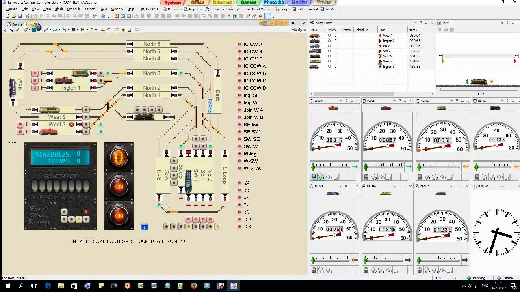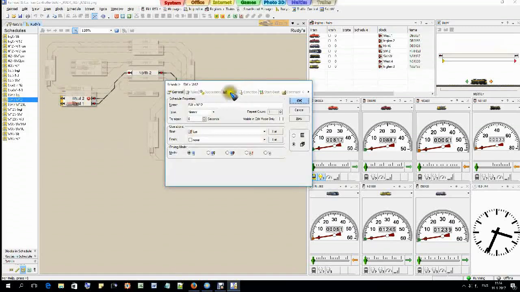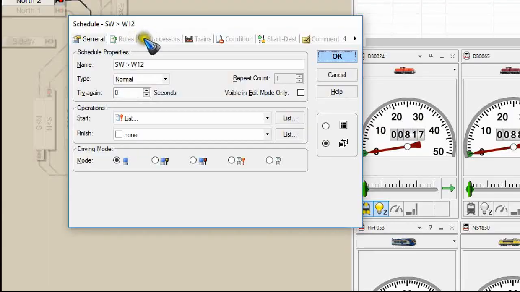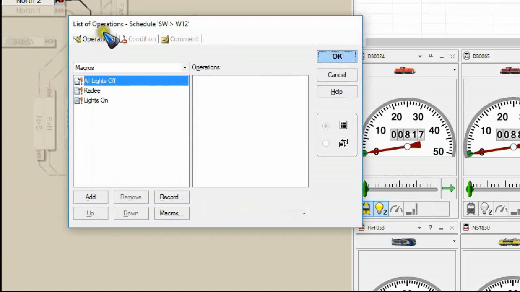Then we have to edit the schedule that drives there. This, for instance, is one of the schedules coming from here. We are going to West 1, and let me click that schedule, and then in the general tab, we have here finish operations. So if I click this list and then go to the operations tab in that list, then we can